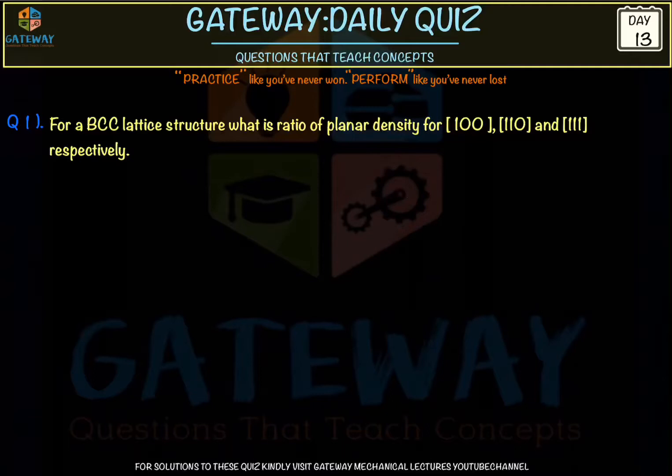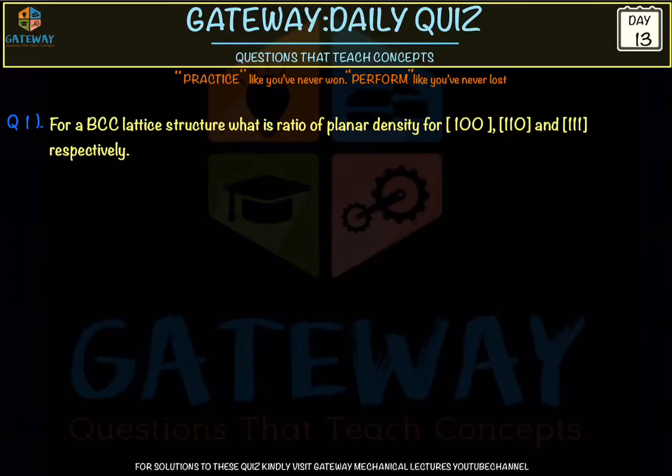We'll see what exactly planar density is. We use planar density to find the packing density, how closely the plane is packed. To calculate that, we need the planar density. The closeness of the close packed planes will be used in the study of dislocation. In the dislocation analysis, we will be using these close packed planes and close packed directions. So for that purpose, we need to calculate the planar density.